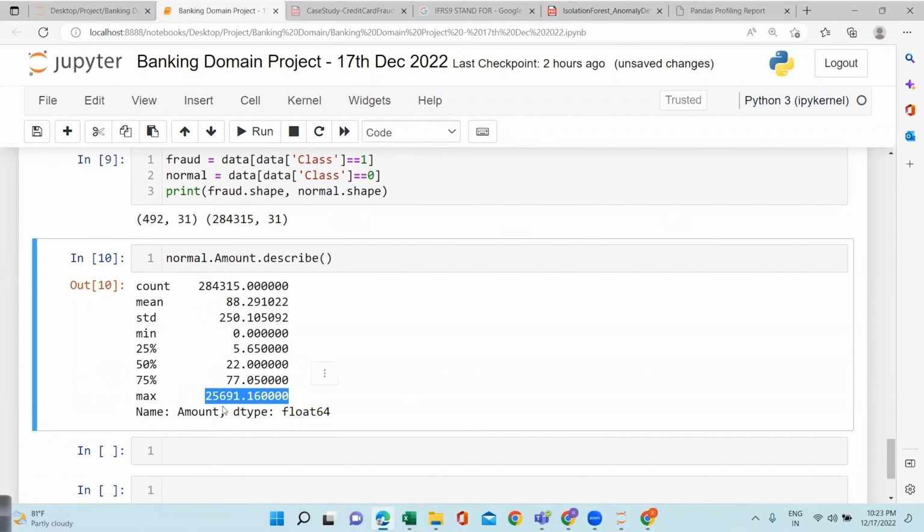Answer in dollars, please remember. $25,691. Can I say huge amount, guys? The normal transaction. 25,691 multiplied with Indian currency, how much will it become, guys? So is it huge or not? Yes, lots of people, it's years of salary. Yes, sir. And the minimum is 0 only. So some customers have not done any transaction. Similarly,